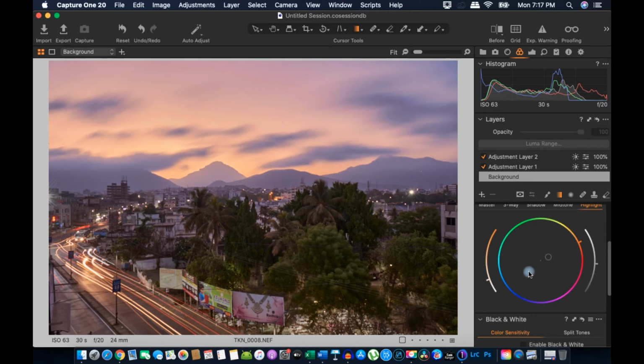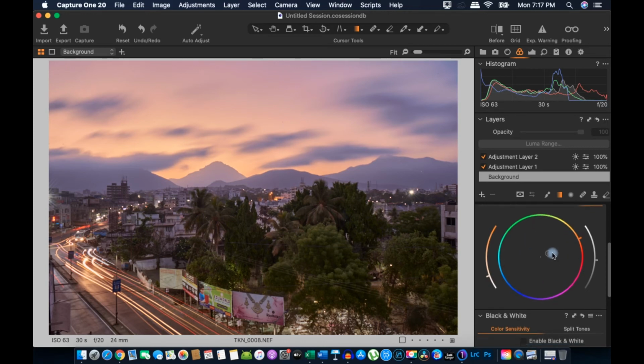So how this tool works in Capture One is that first you select the color which you want. So you pick the color which you want, and once you are happy with the color, then you can come over to this slider and slowly, gradually decrease the intensity of the color.